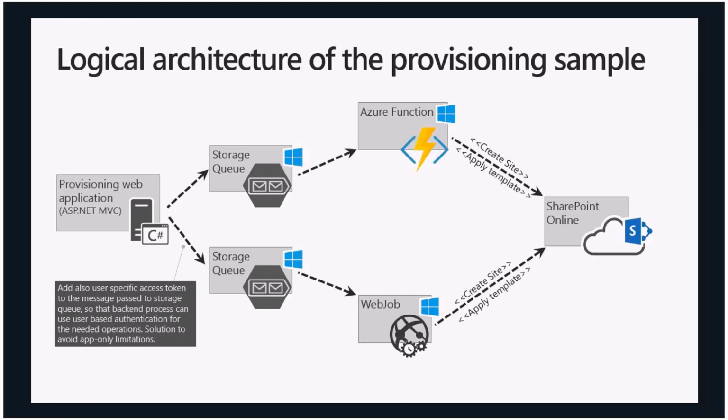What we're planning to do with this sample is, we do have quite a lot of provisioning examples and solutions in the PnP in the GitHub. But this is the first one which is doing end-to-end self-service site provisioning using the modern site. So you're able to use this as a baseline or an example of how to do modern team sites or communication sites using the self-service site provisioning technique.